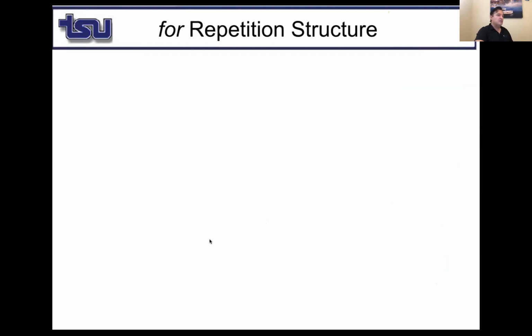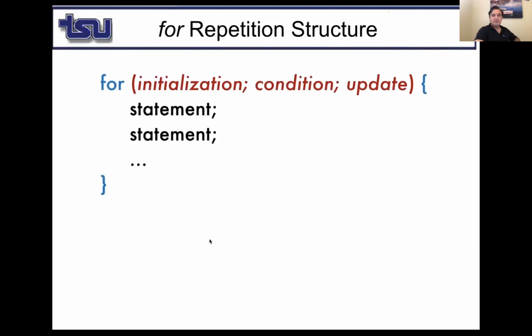Okay. For repetition structure, this is similar to while, but in many cases, for seems more handy compared to while, especially if you are dealing with numbers, and we are going to see why. For, again, you have parentheses, you have an initialization portion. Initialization is done only once. And then you check the condition. If the condition is true, you go and execute statements within the for block, and you do update,